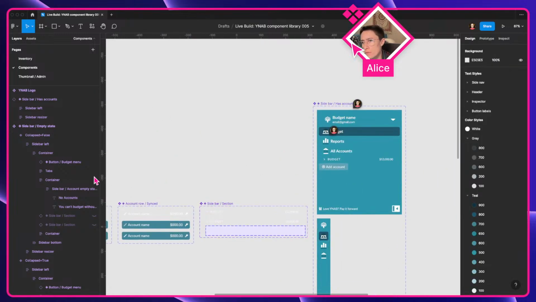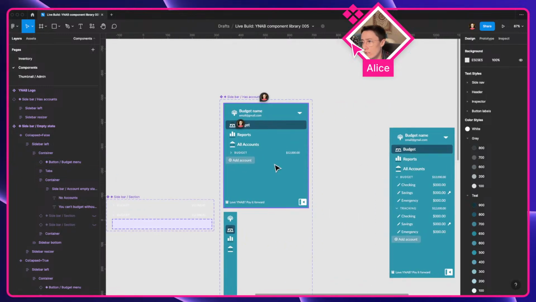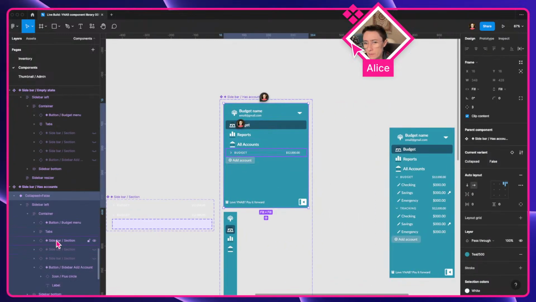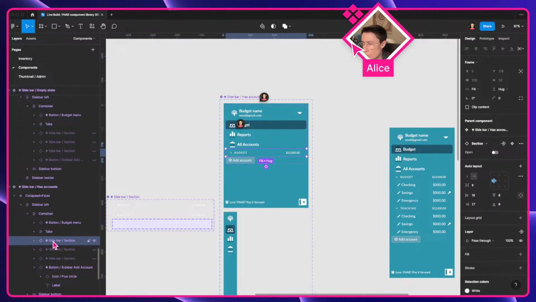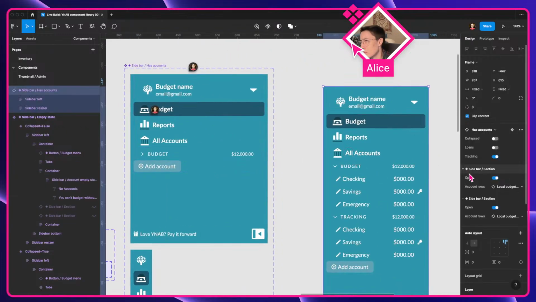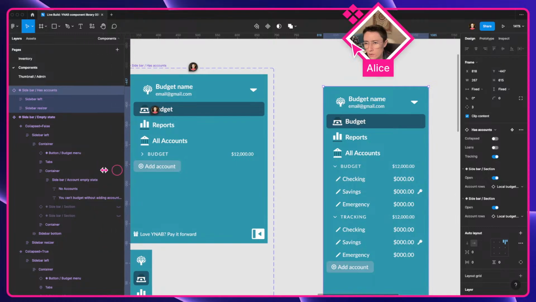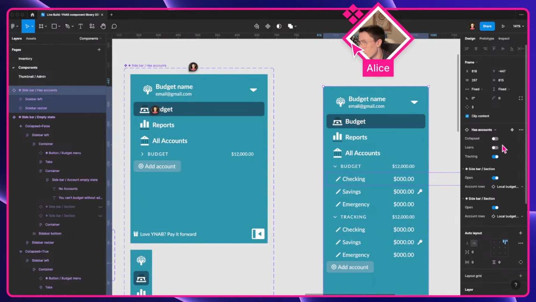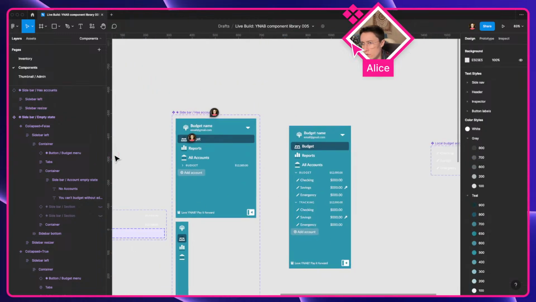I don't know if they're as helpful in the layers panel, especially in instances like this. I guess it's good to see that you're working with an interface representative, and we can see that we're working with a sidebar section, cool. But I'm struggling with this because we've got limited space in the design panel. We can't expand and collapse it the same way we can over here with the layers panel. So I'm tempted to